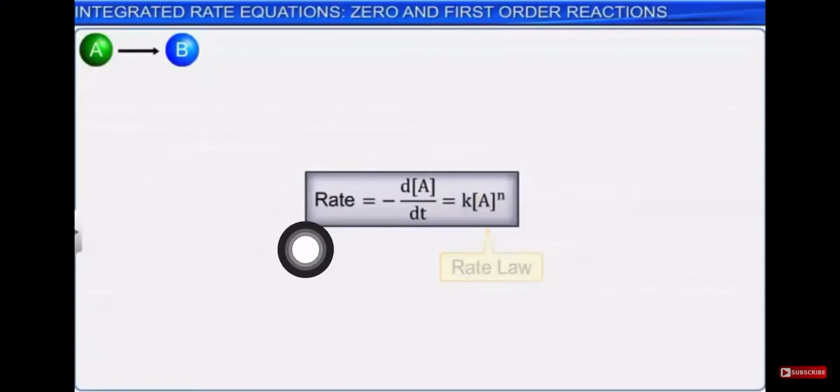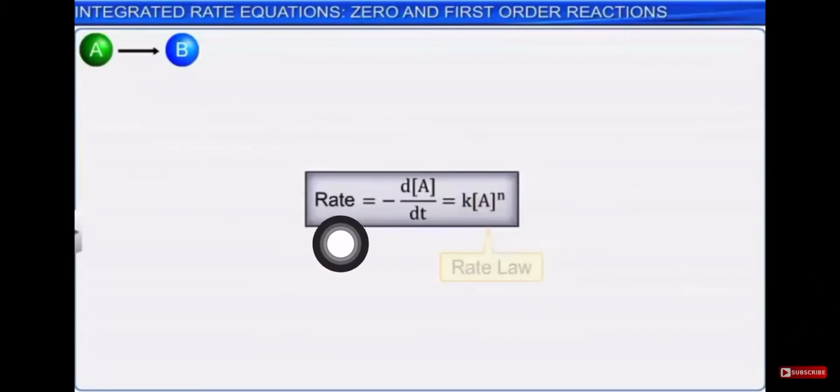Now we have seen that when reactant A is converted into the product B, our rate is dependent only on our reactants. So if we are calculating for that, what we write down is minus d concentration of A upon dt. Why we put minus, we have seen. And in the last session we have also seen that this is also equal to K concentration of A raised to n, where n is nothing but our order of reaction. This we have seen in the rate law.